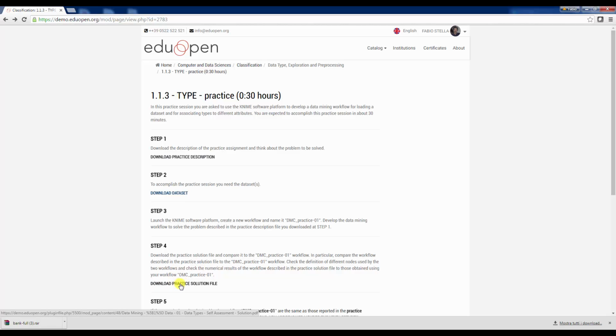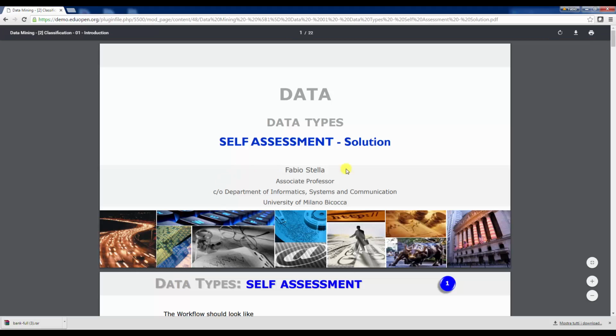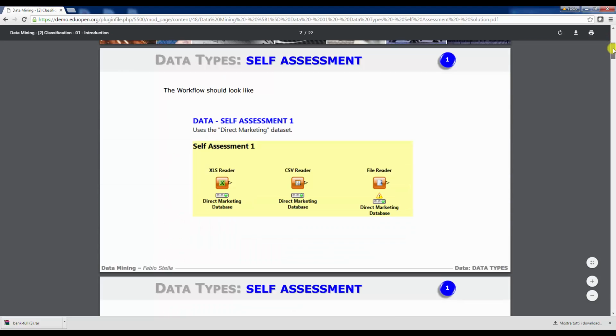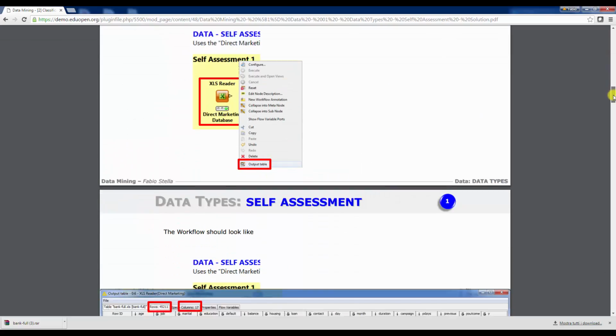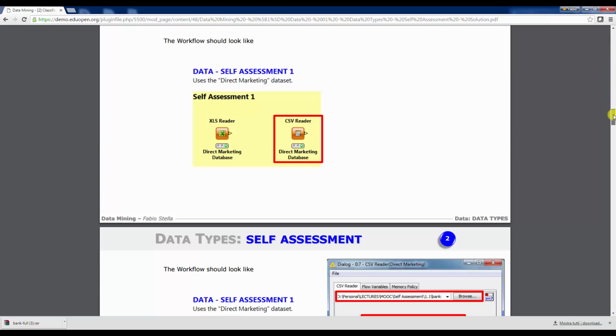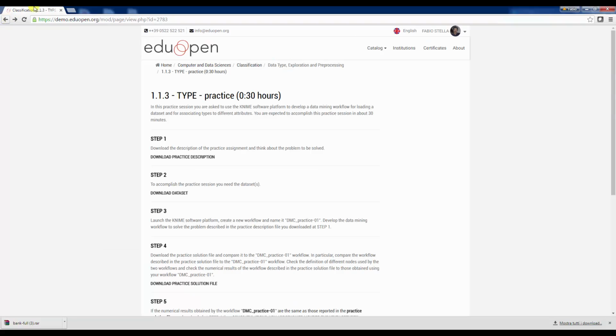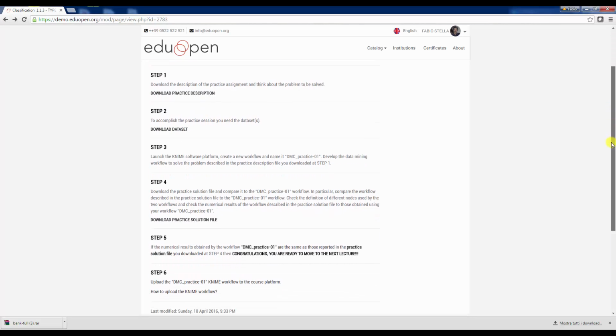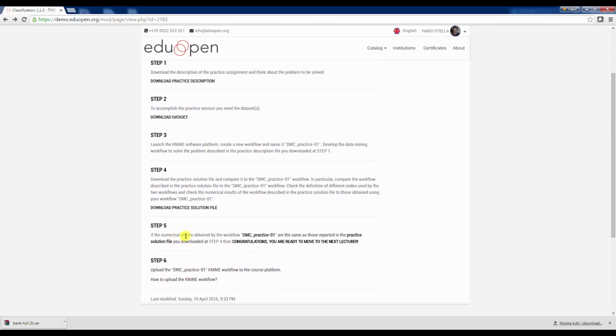To download the practice solution file, we move over this control, we click over this control, and here the PDF containing the specific solution to all the issues that we were asked to solve is reported. Then we move back and we continue by making this comparison, and if all the results are the same as those reported in the practice solution file, then we can continue with the next